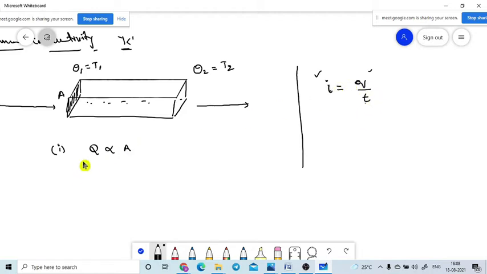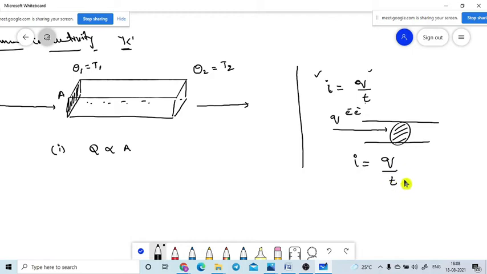In a similar manner, here also we will come across this. Let's assume one conducting material is there, and the area of cross section of the material is like this. Through this the charge Q is flowing; let's assume they are electrons, flowing through this conductor. That means the current I passing through the conductor is how much charge crosses in unit time, and that is named as the current I.